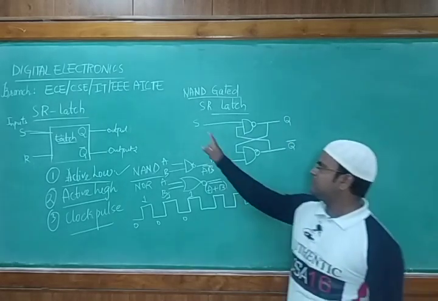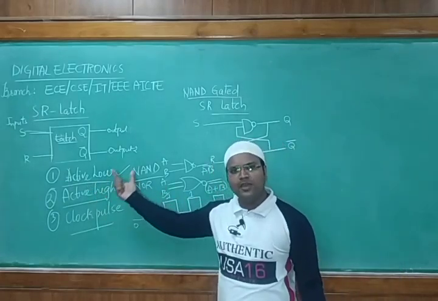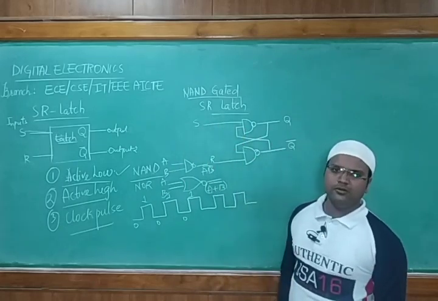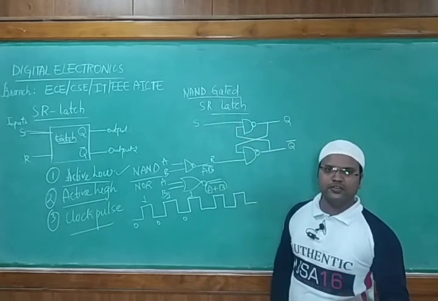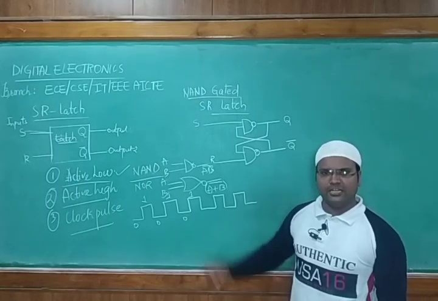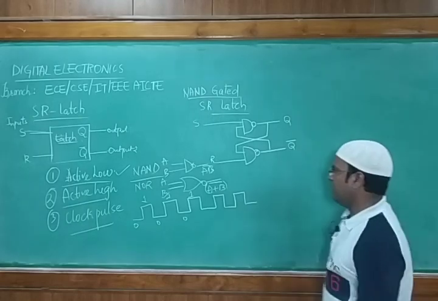So these are the two inputs S and R. So what is the meaning of this active low? It means when you have logic 0, for that particular value your latch is going to activate, and for logic 1 it is going to deactivate that particular part, or the output of that particular latch will be enabled or disabled, right? So now I am taking the inputs.